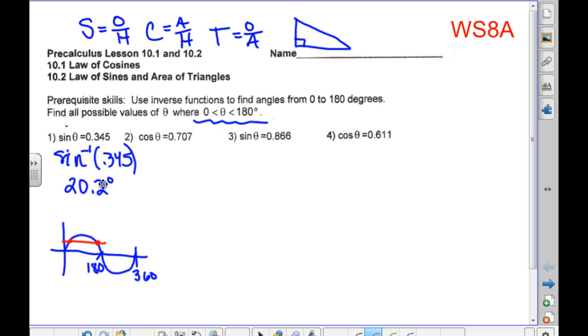But when you have a triangle and you have set up a problem and you found a 20.2 degree angle and you test to find the other one, sometimes you'll get to throw one of the solutions away, and I'll show you what that looks like in a second. But how do you find the other one, guys? If this is 180 right here, how can we find this other? Yes, so we're going to go 180 minus 20.2 is,